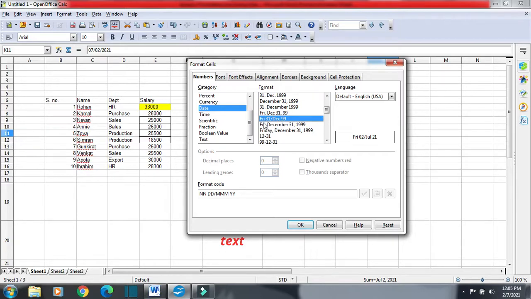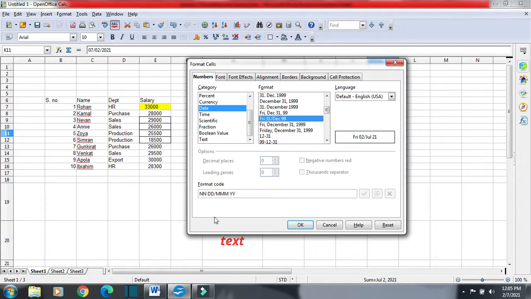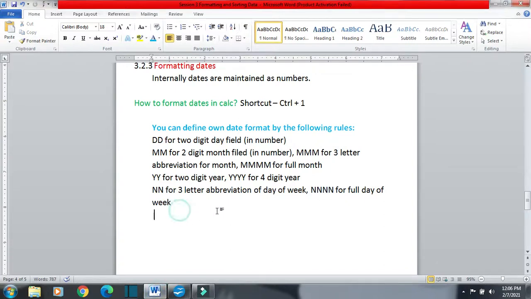FRI for Friday, only 3 letters, so I am using NNN. If you want the whole name of the day of the week, we will go for NNNN. You can see here we have the whole day, Friday, so NNNN we have used. So these are the formatting methods.